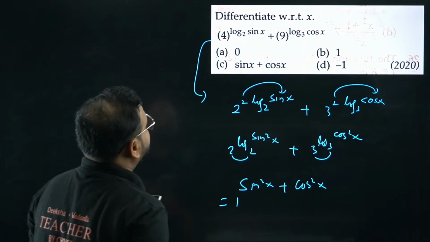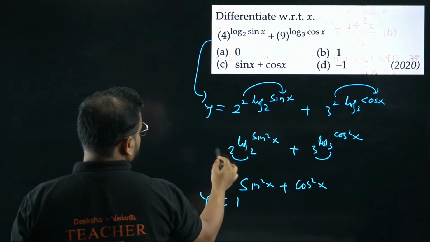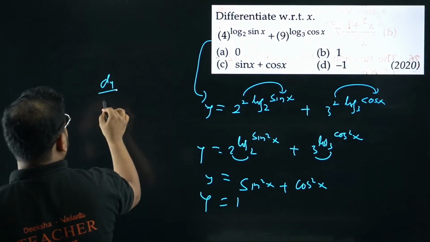This is my function, right? This is my function. Please check, this is my function y. So I get the derivative of this, dy by dx will be nothing but,